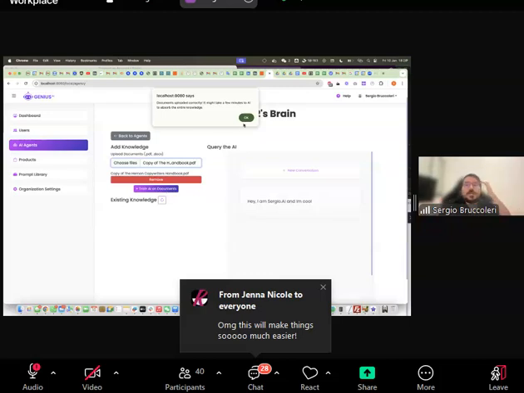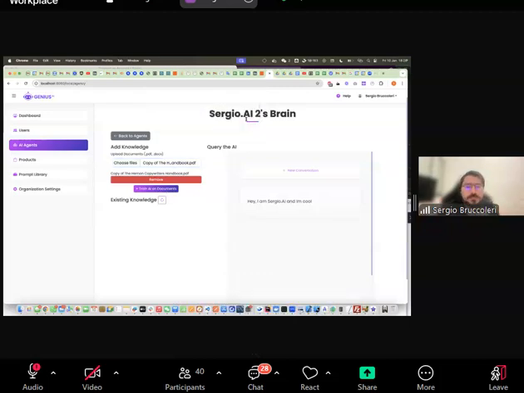And bam. So in a process that takes a few minutes, I'm going to get an AI that is actually trained on this handbook, right? It's going to be able to reply to questions on this handbook. So you can see here it's been added, and it says Sergio.ai2 is still learning this document. But once it learns it, it's going to be able to reply to any question about the document or